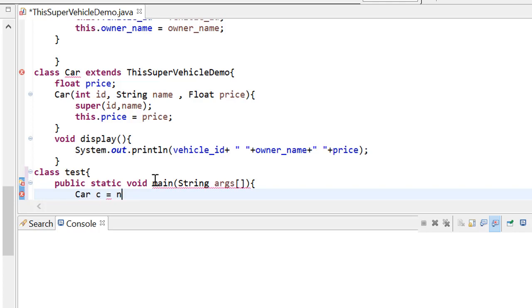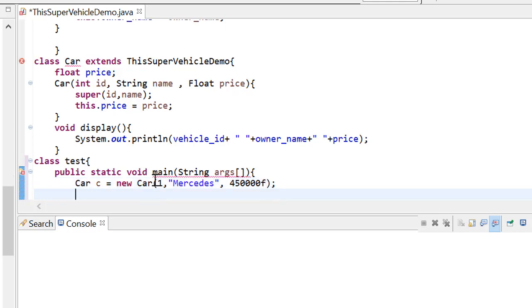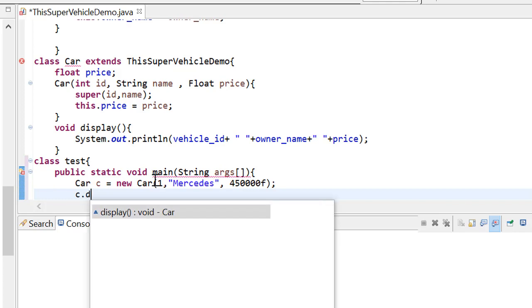C new car constructor, and we are passing the arguments 1, Mercedes, and the value is 45555, some variable, some data. Now this argument will be passed and will display to your